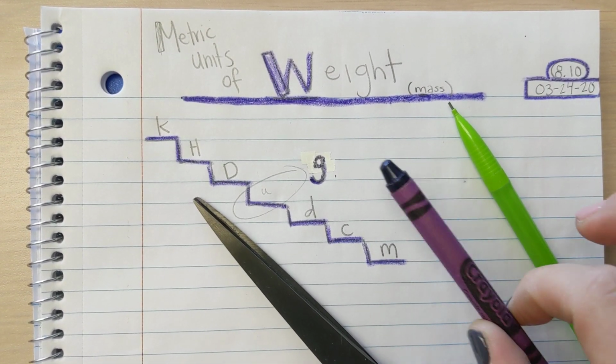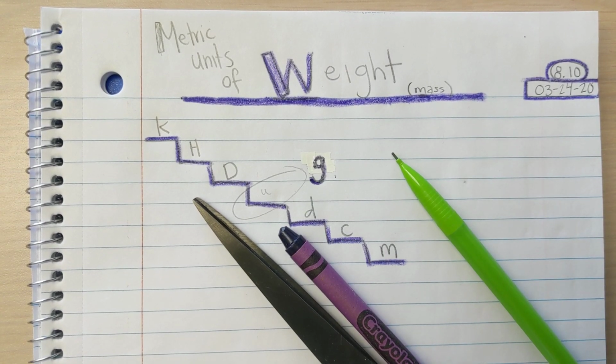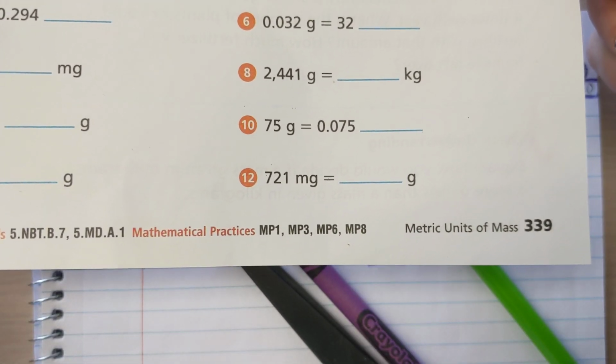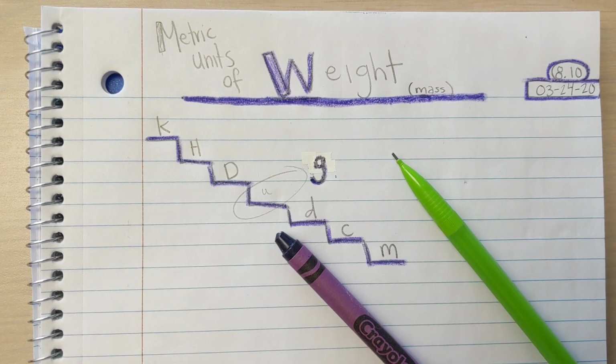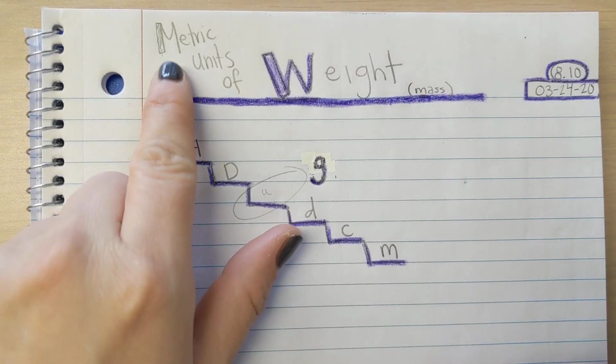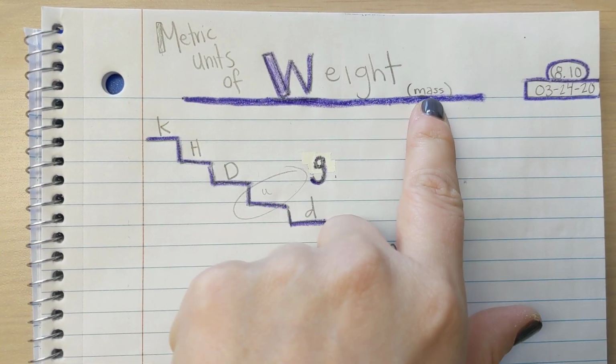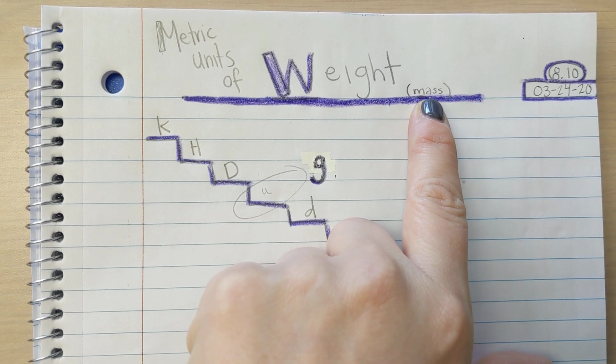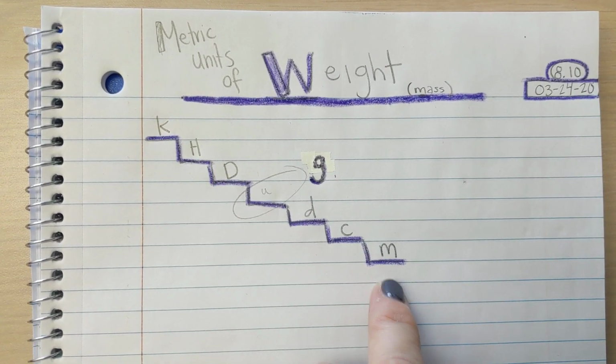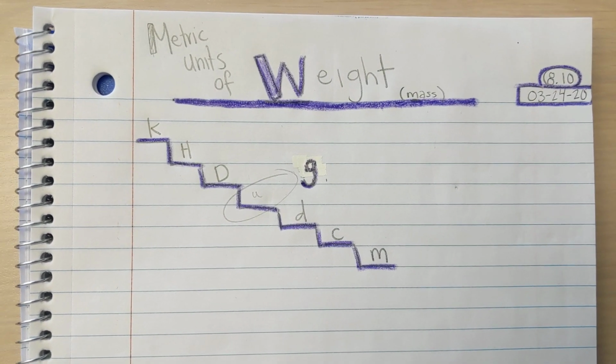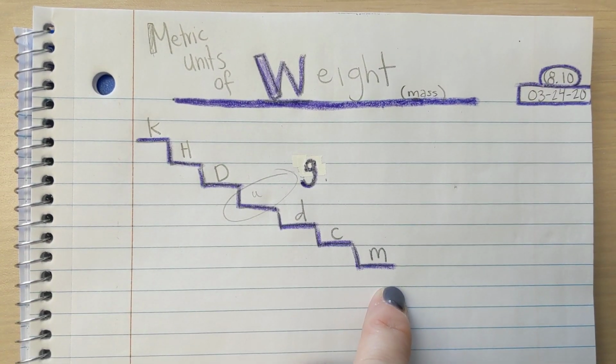Scissors, purple crayon, pencil, workbook page 339, and you need to get it set up like this so that it says metric units of weight, which is mass, how heavy something is, and then you need to draw the staircase. This is just a review of what we did yesterday, so this lesson won't be as long. Make sure that you label the staircase